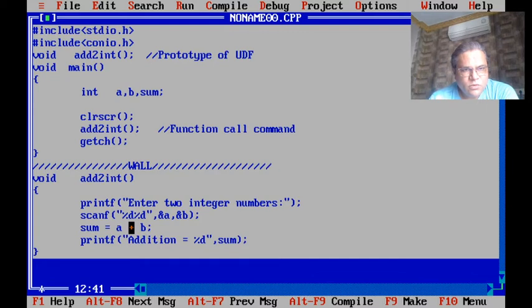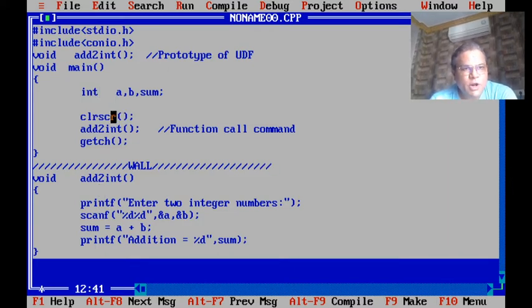Now the question is where to declare the variables. In this case we kept input operation inside the function, and calculation and output inside the function, but to complete all 3, the function requires variables also, which are not declared inside the function but inside main.